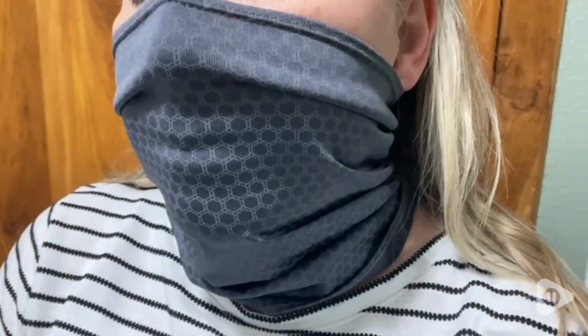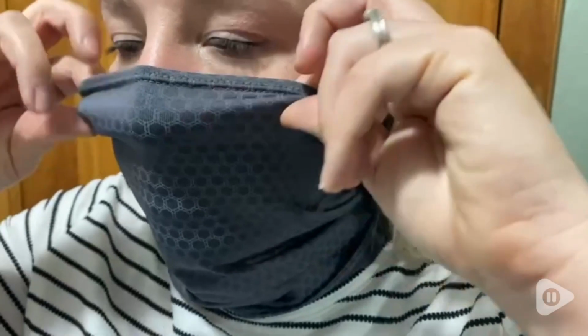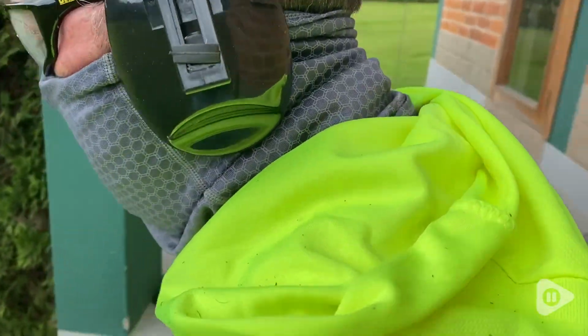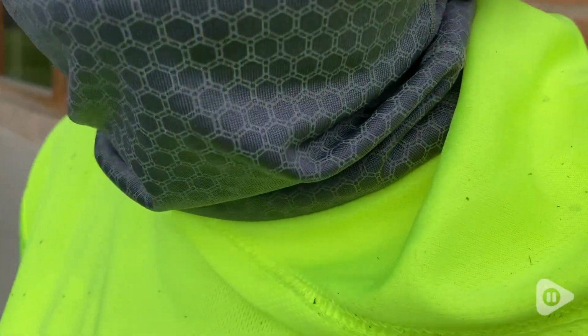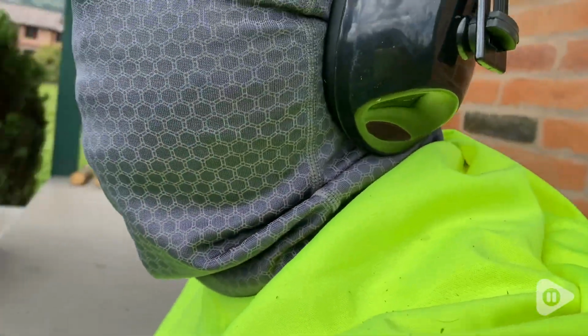Copper-Fit has done a wonderful job with this neck wrap or face mask. It is very comfortable while you're working all day. It has been great for light dust environments. If I'm working outside on the yard, it also has UV protection, so that's really nice and